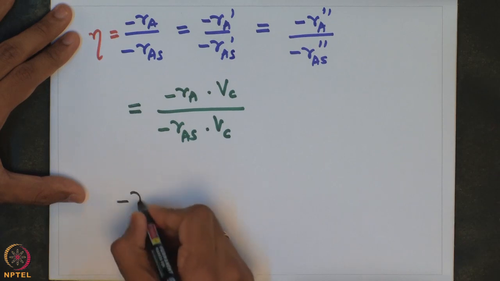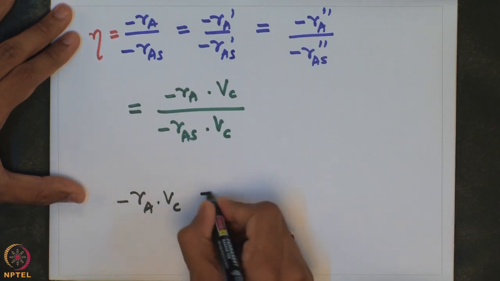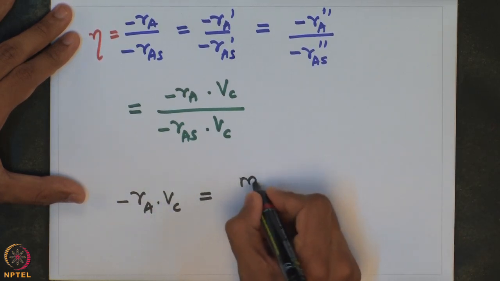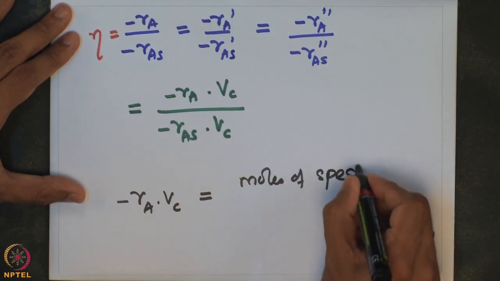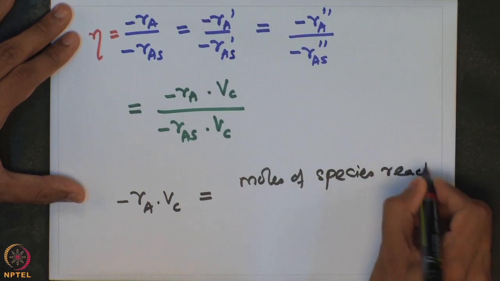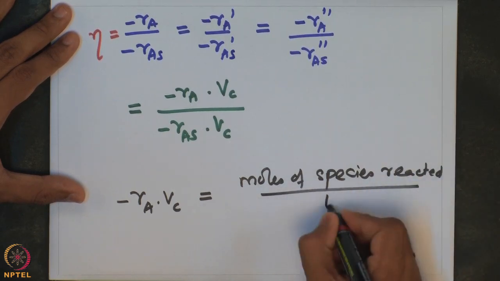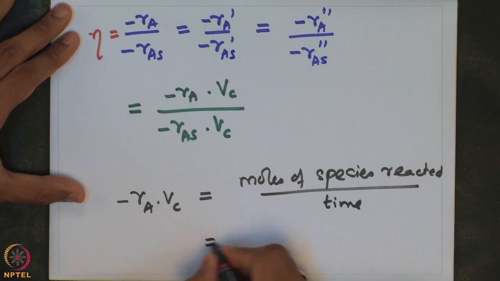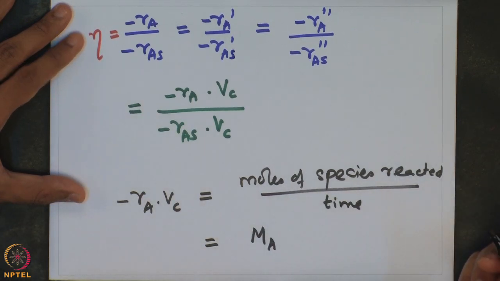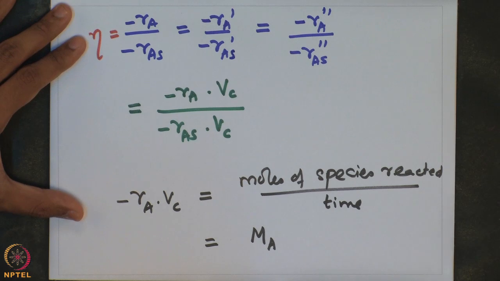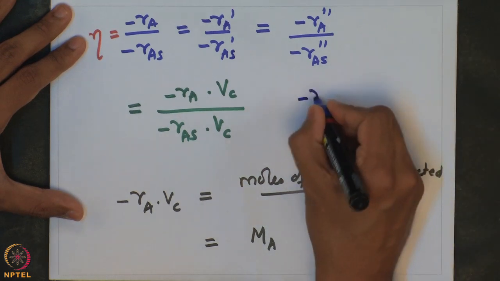So, minus Ra into volume of the catalyst, it essentially tells me what is the moles of species reacted per unit time. So, if I call this as let us say Ma, which is the moles of the species that is undergoing reaction per unit time, and similarly I can now write minus Ras,